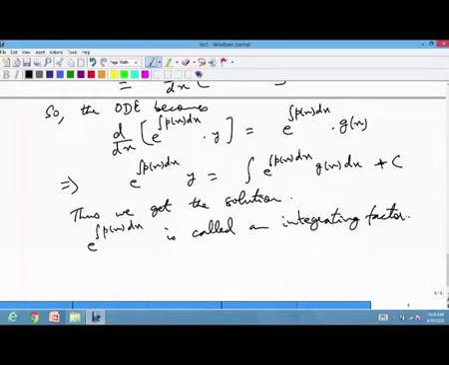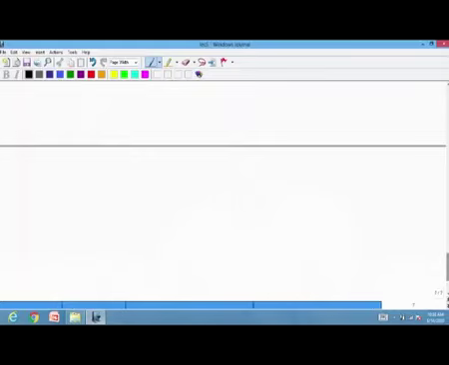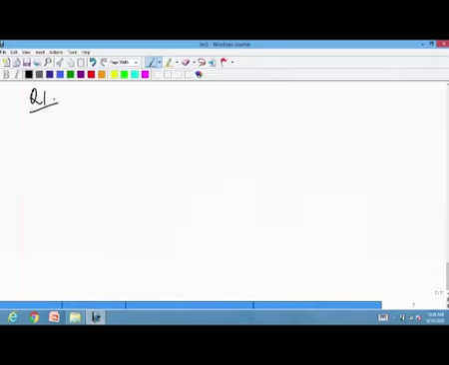So, what we do, first we calculate an integrating factor and then we find the solution. So, let us now do some problems based on these methods. So, let us start with a simple problem. Question 1,